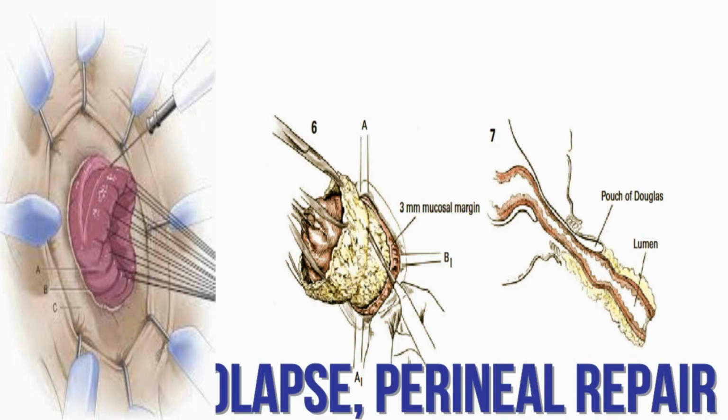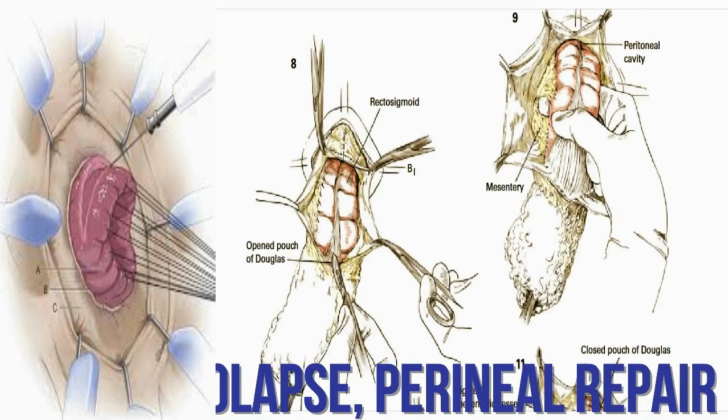The bowel wall is not amputated at this time, but downward traction is maintained as an attempt is made to identify the prolapsed pouch of Douglas, figure 7. The resection may be started in the midline anteriorly and continued upward through the fat until the glistening wall of the peritoneum is identified. The peritoneum is gently opened, figure 8, and the pouch of Douglas is explored with the